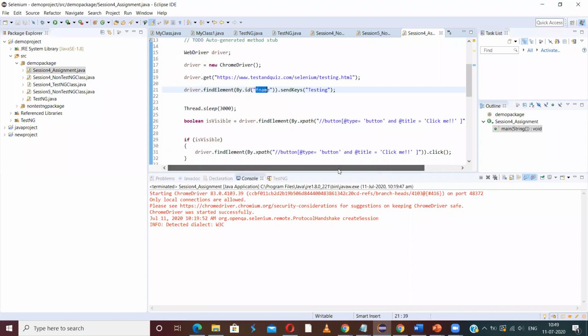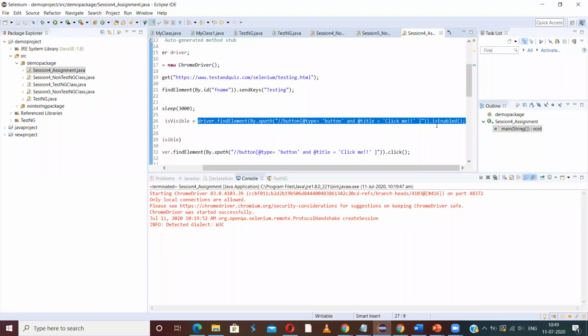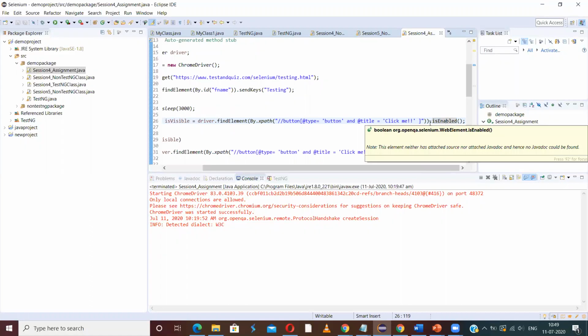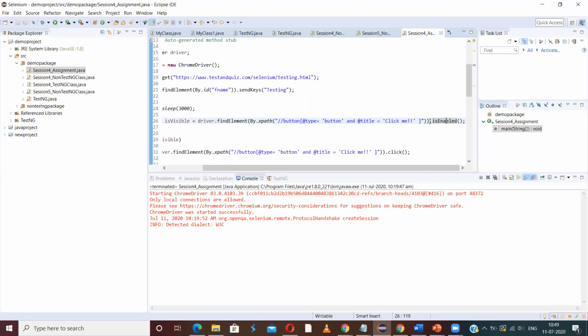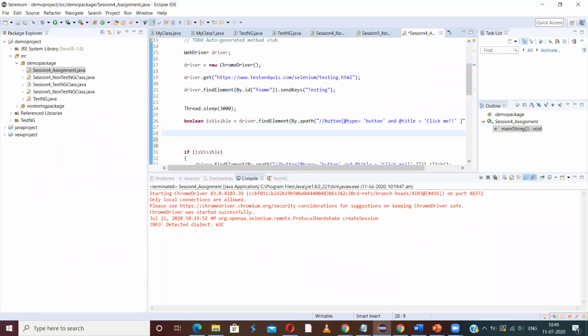Till now we know how to find an element, right? After that, we can use dot and then isEnabled. If the element we are finding is enabled, this method will return true. Otherwise, it will return false. Let me print that also here.